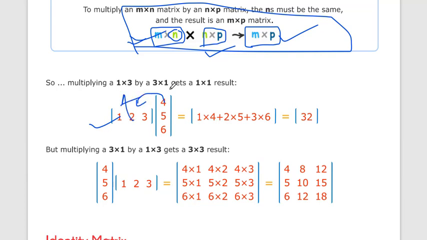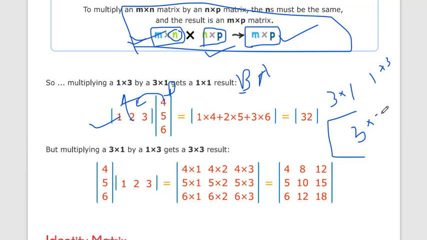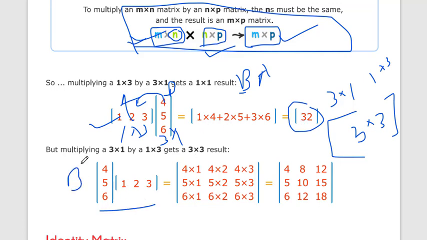If this is a, this is b, if we say b into a, then this is not possible. Okay, why? Because b is a 3 by 1 matrix and a is a 1 by 3 matrix. Okay, this is possible. B into a is also possible, but we get the answer in a 3 by 3 matrix. Here you can see that the answer is a 1 by 1 matrix. Why? Because it is 1 by 3 and 3 by 1, so it will give a 1 by 1 matrix here. Okay, this is ba, so you can see that ab does not equal ba.